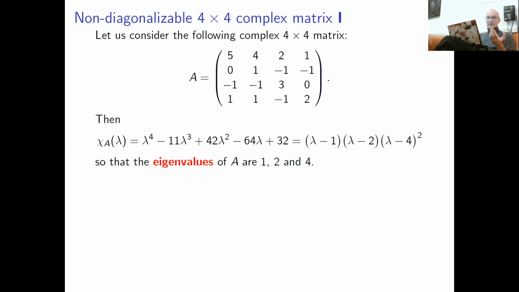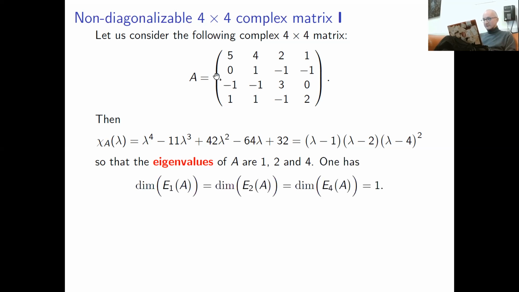One can actually show that it cannot be less than 2. Why? Because in this case, geometric multiplicity is going to be 3, but we know geometric multiplicity does not exceed algebraic multiplicity. So rank of matrix A minus 4I can be either 2 or 3. If it's 2, we're done. It's diagonalizable. If it's 3, we have a problem. It's not diagonalizable. Let's compute.